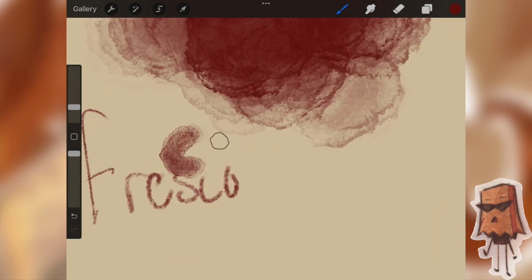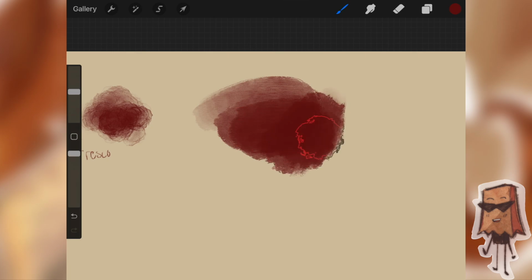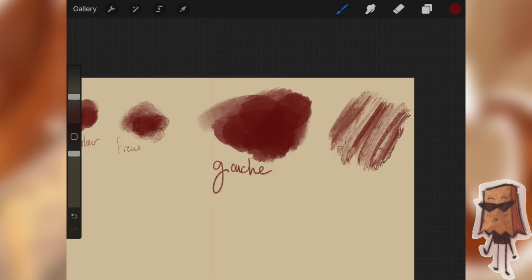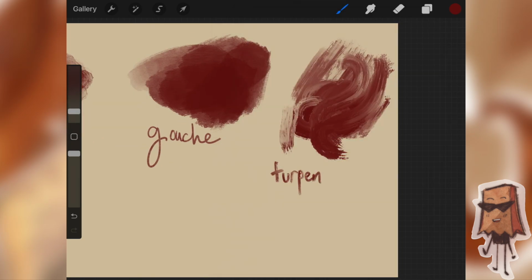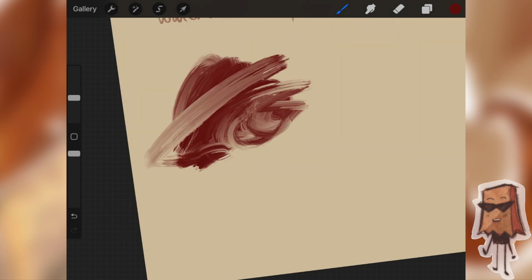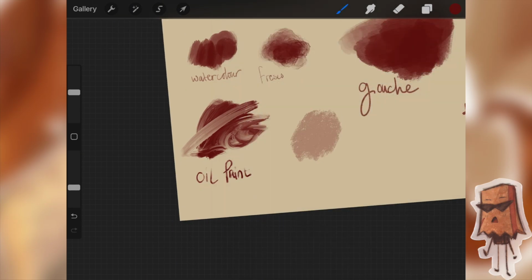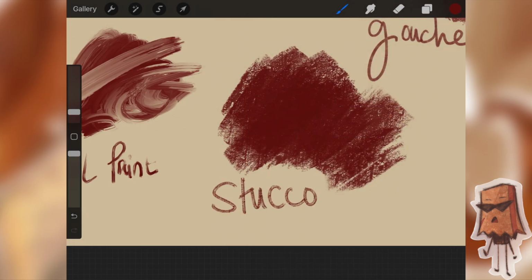For the rules as well, I allowed myself to use multiple layers. Here I'm just testing out all of the brushes and seeing which ones I kind of like. The reason why a lot of these brushes are set to their default setting, even though usually I play around with brushes and tweak them, is because about 6 months ago my iPad decided to crash. It was when I was loading Procreate and I had 100+ gigabytes of Procreate files that